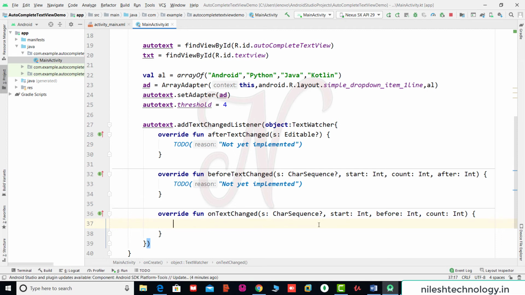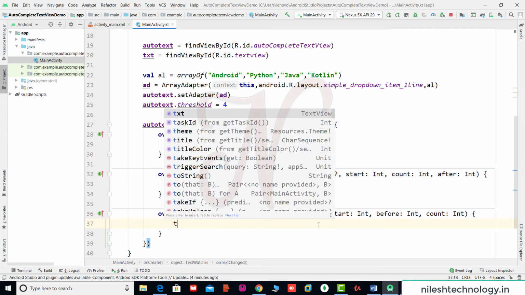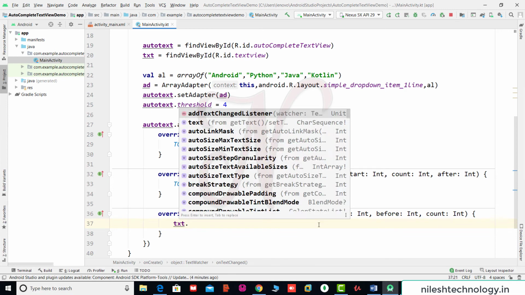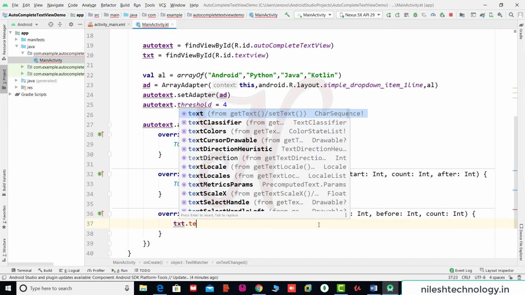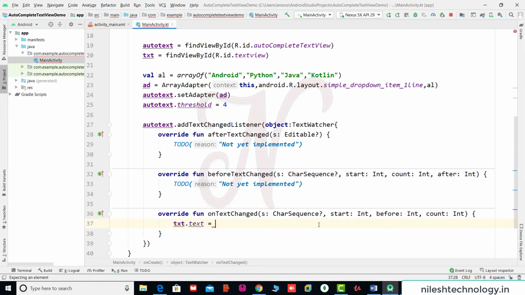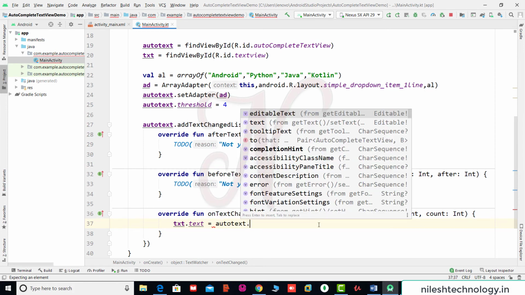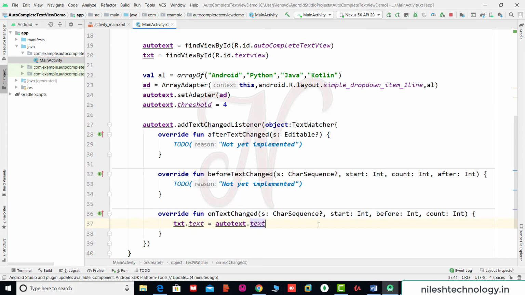So here this is your text view, txt dot text is equal to autotext dot text. So autotext text is set to this text view text. So here we remove this to do line, same here remove this function.